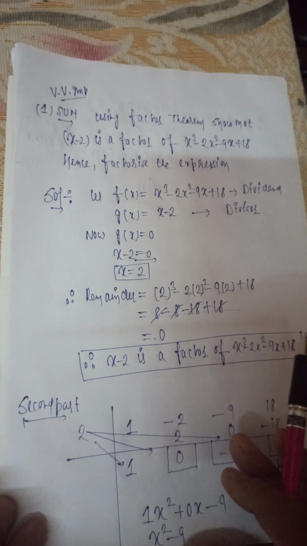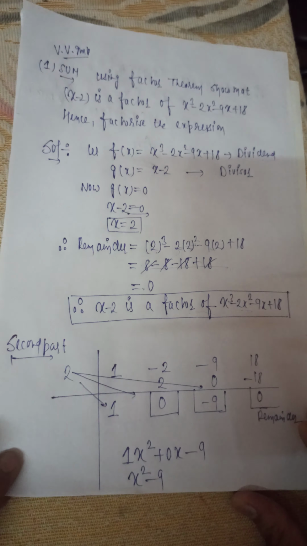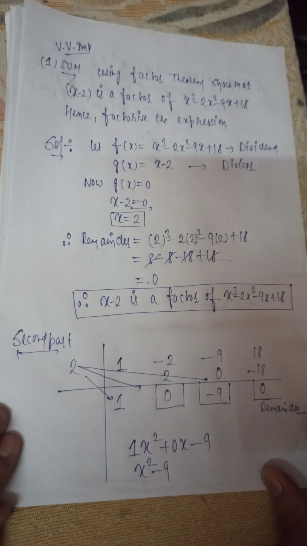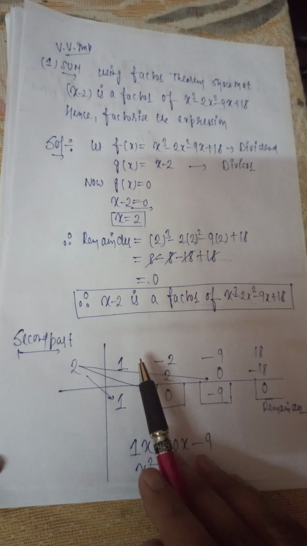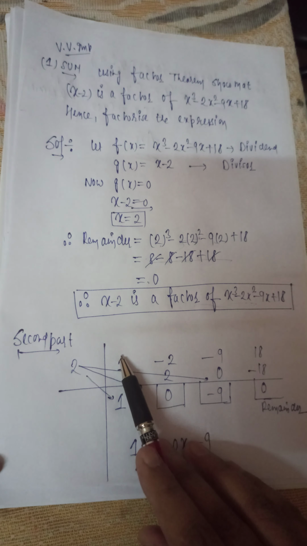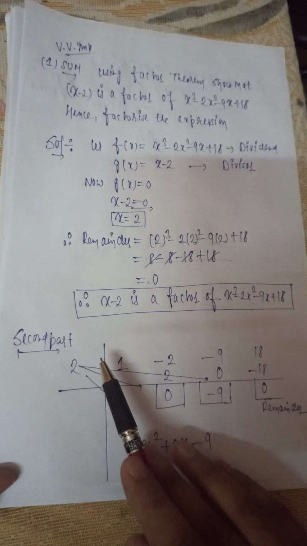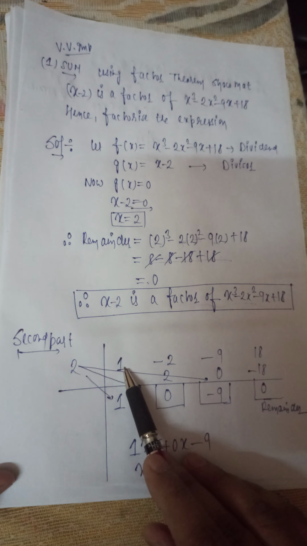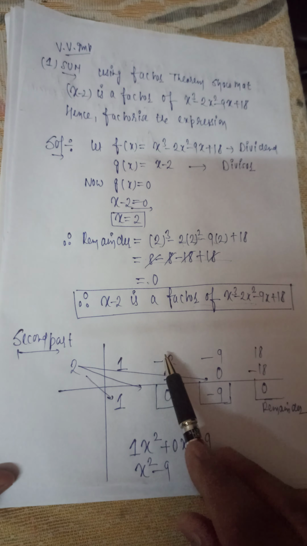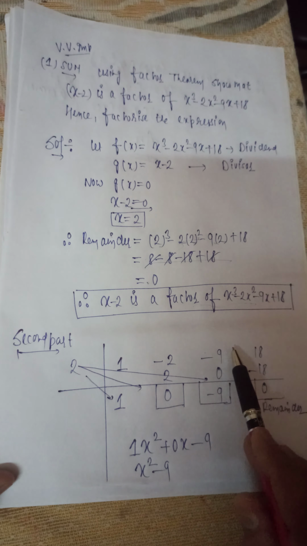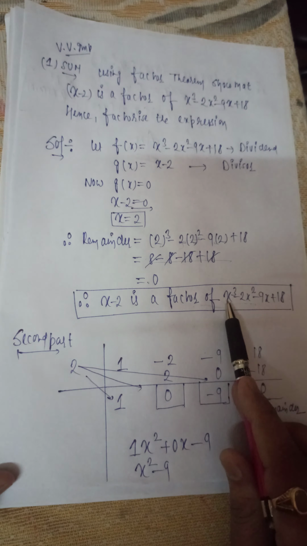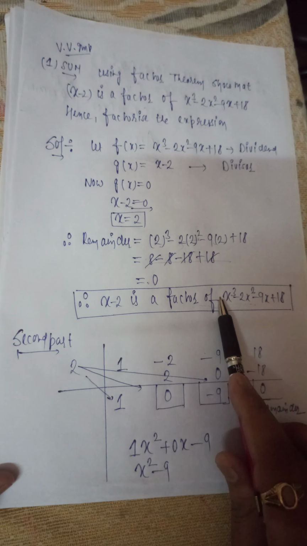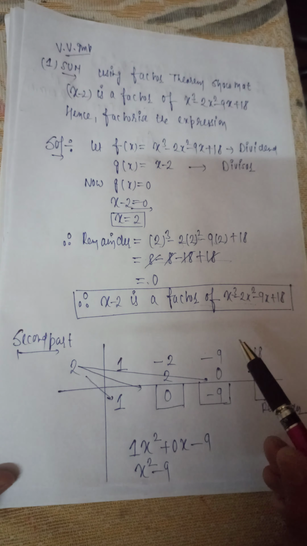The second part is very important. In the second part we are going to make the factors of the cubic polynomial. Now what is the method of making the factors of a cubic polynomial? So listen. The first step is, you have to write all the coefficients of each term of the given cubic polynomial. Now see, this is the given cubic polynomial. In the first term there is no number, and if there is no number, it means 1 is there.